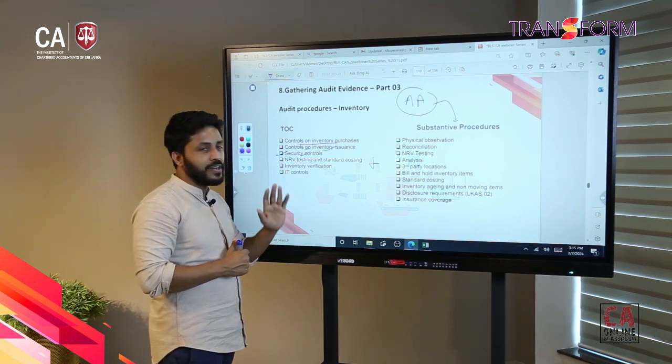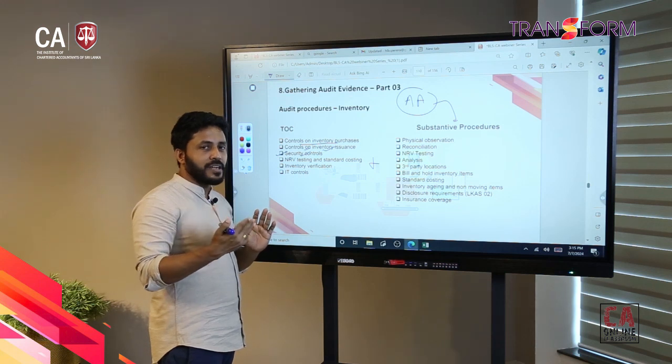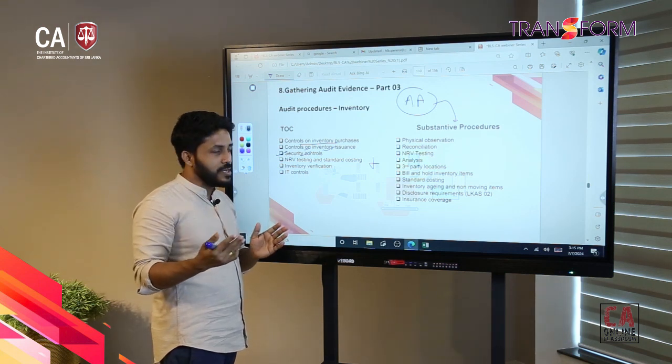So then totally different. So then if that inventory item requires kind of security protocols, you have to establish